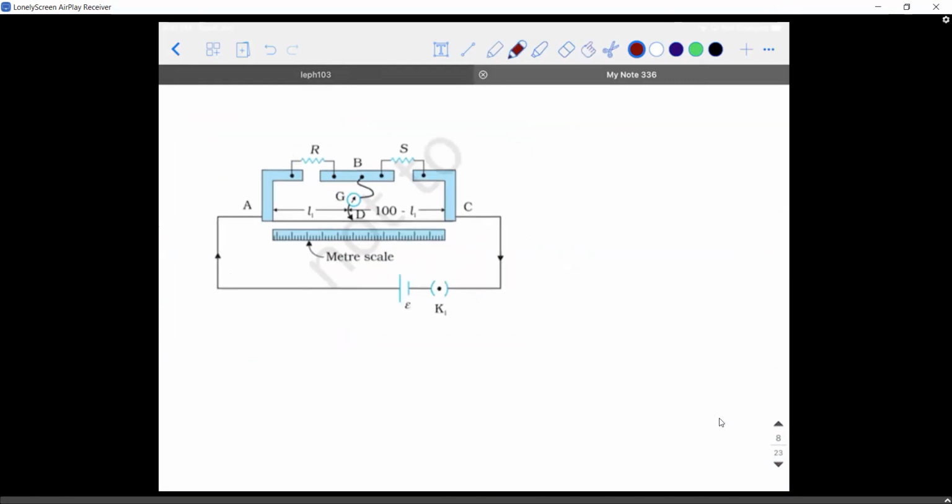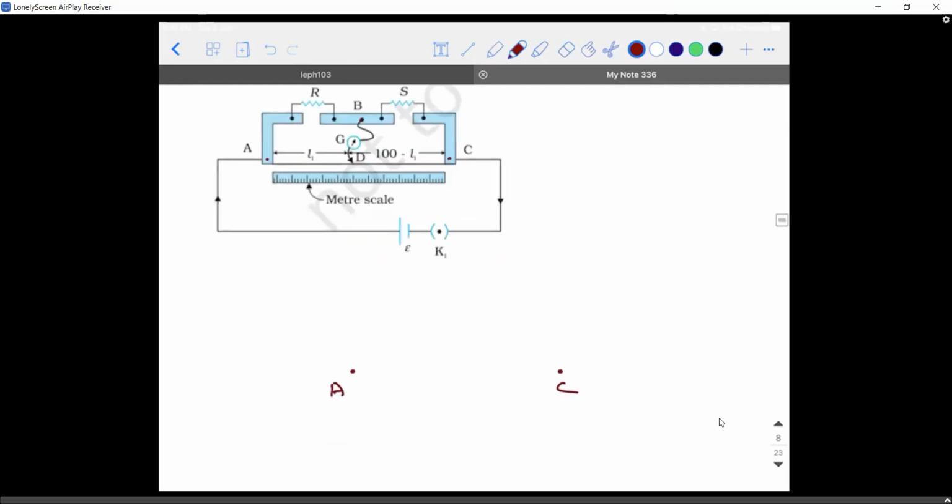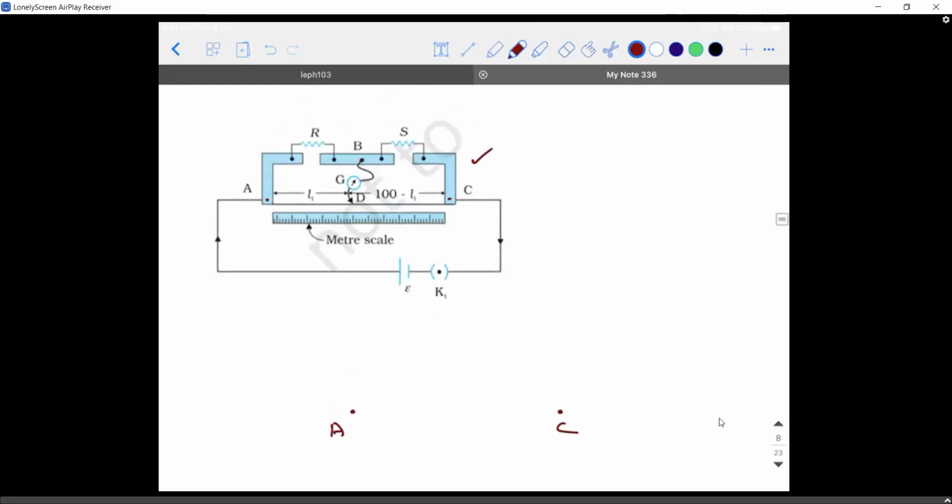Now, let me take this point as A, this as C, and you have a point B in between, right? Now I'm taking the point A and another point C. This method of drawing is called redrawing the same circuit in a different format. If you look at this meter bridge from the top, it is actually appearing like a rectangle,